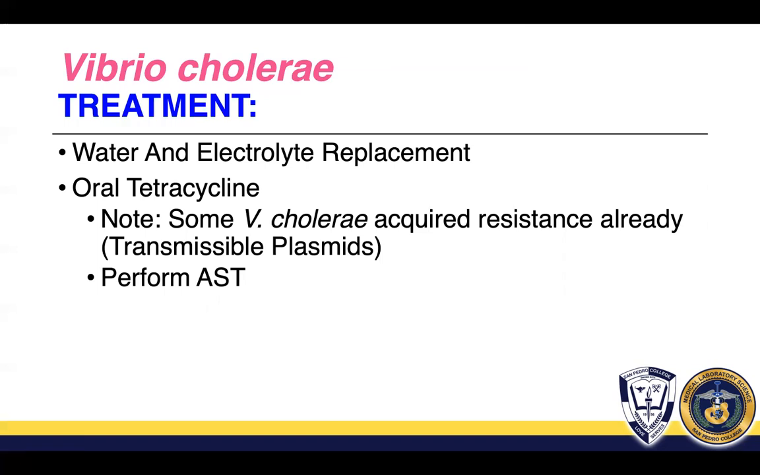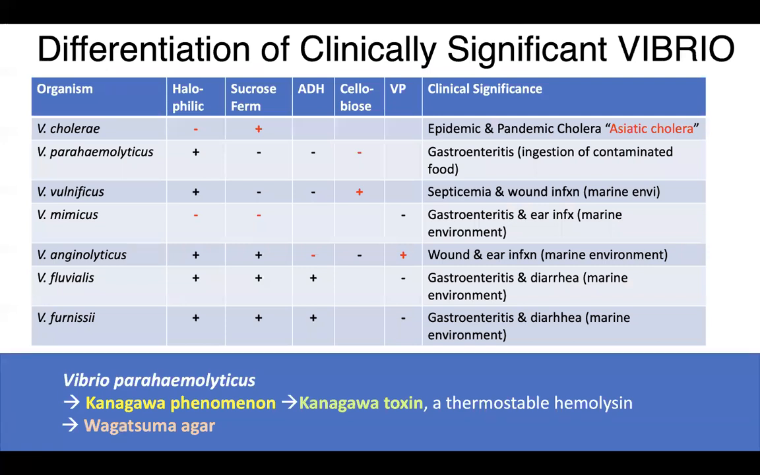However, note that some Vibrio cholerae may have already acquired resistance because of transmissible plasmids, no? Yung mga jumping genes na yan. And of course, again, perform sensitivity testing or susceptibility testing. Okay, so this table here shows you the different species of Vibrio, and the tests that you can use